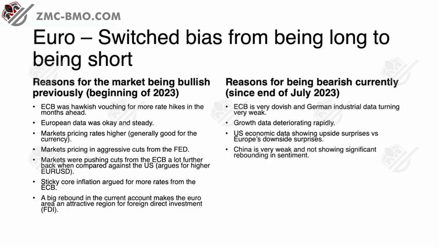China is very weak and not showing significant rebounding in sentiment. Around July, August, China was very weak, wasn't really showing promise. We did have some good data today. Markets did go slightly risk on, but we'll have to wait and see if that does follow through in the weeks ahead. But there was no significant rebounding in sentiment, and the euro doesn't perform well when China is weak because of the trade relationship between Germany and China. And of course, the dollar is seen as a safe haven anyway. So when China is weak, that means we're likely risk off, and the dollar rallies in that environment.